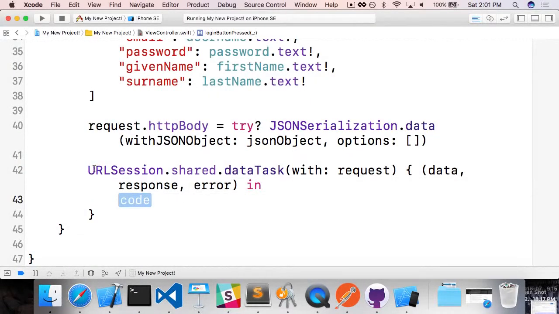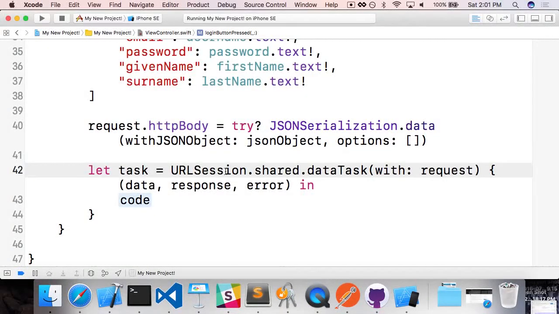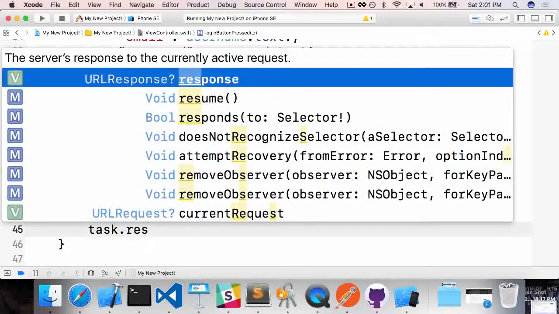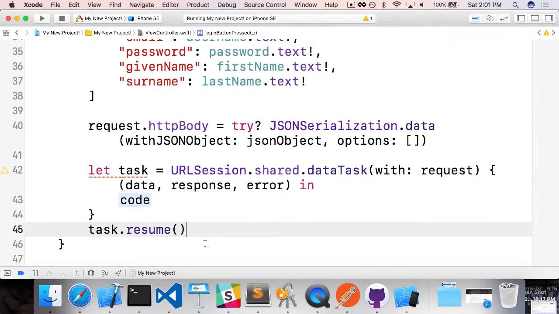The last thing I actually forgot to say is that because this function is creating a task, we have to say let task equal URLSession.shared.dataTask. So we create this task, and at the end, right after this snippet of code, we say task.resume. I know this is kind of a mouthful,